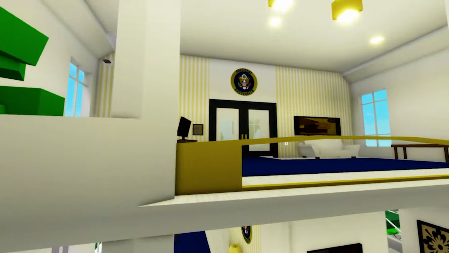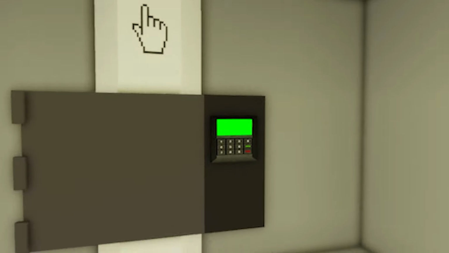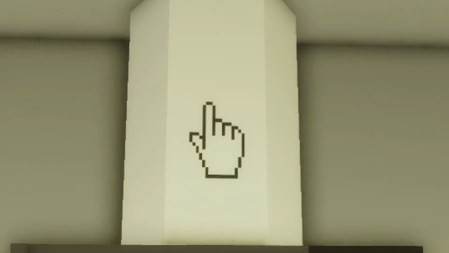But the most bizarre thing about this house is down below. First, I have to go to this part of the house, and here in the back, there's a secret button that I can press. Pressing it gives me access to the safe, and by clicking this button, I can go